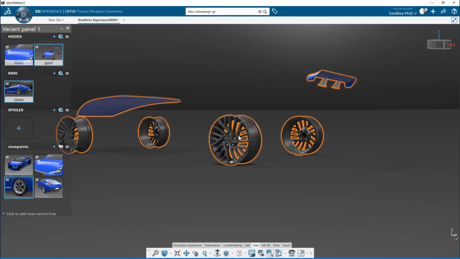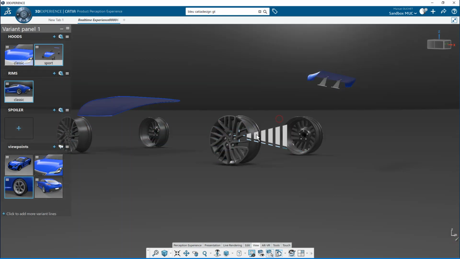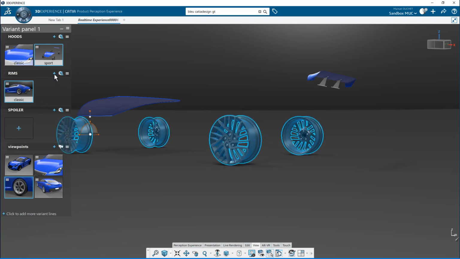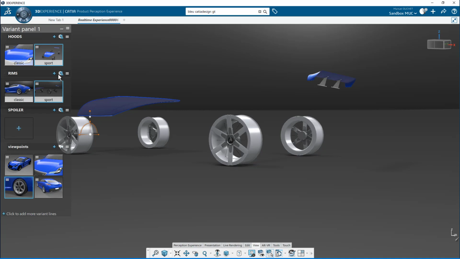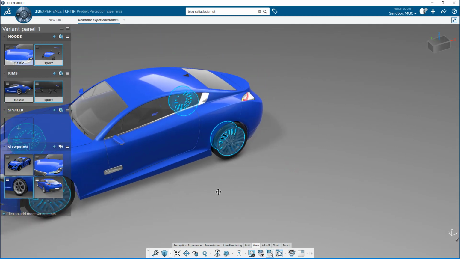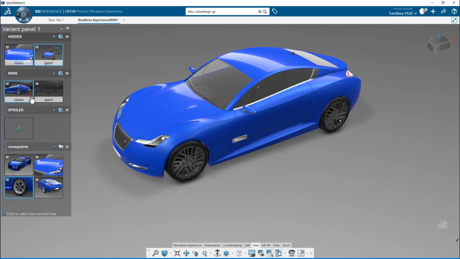Then going to the invisible space, taking the sport version of the rim. Okay, that's it. So now I can switch between these 2 rim alternatives.